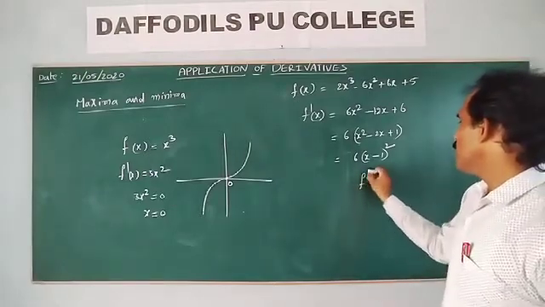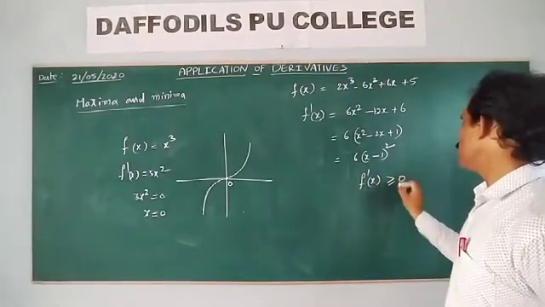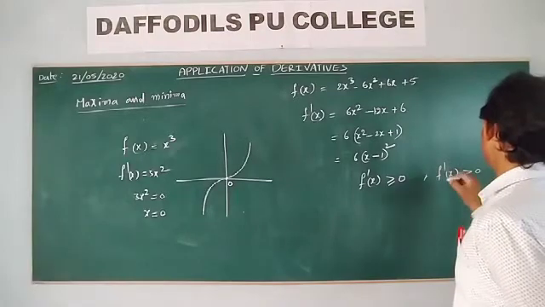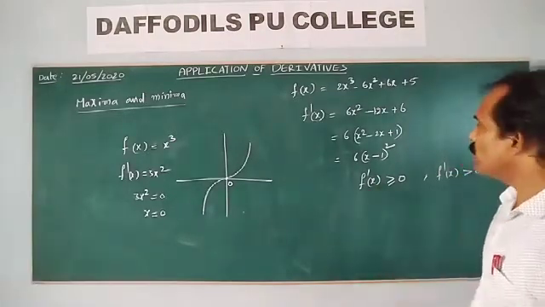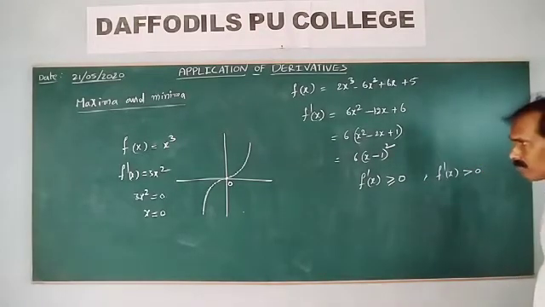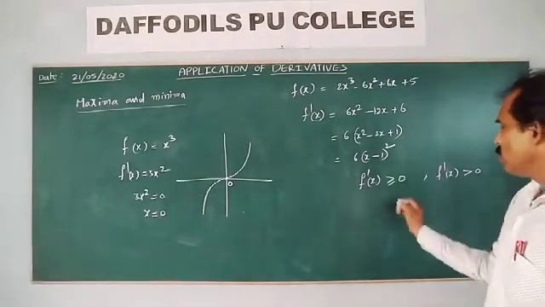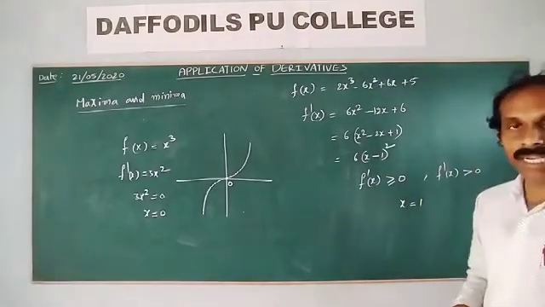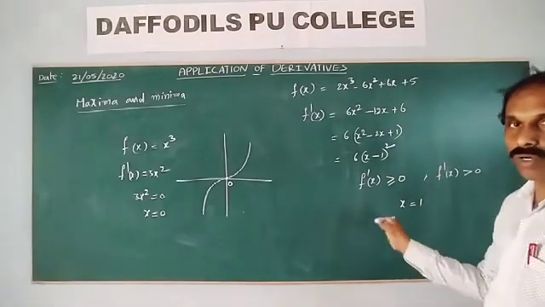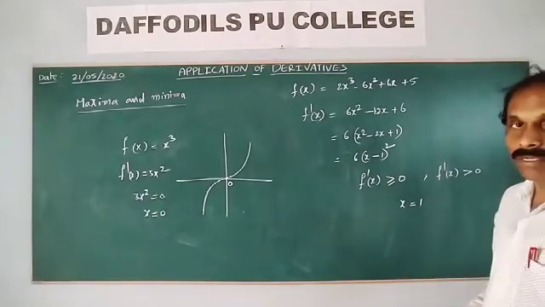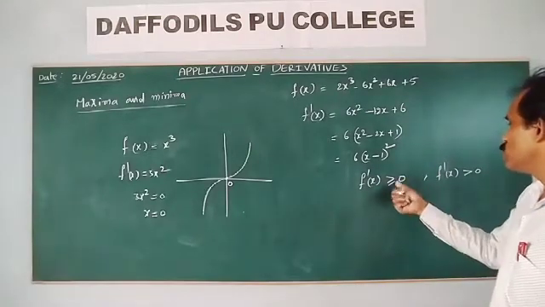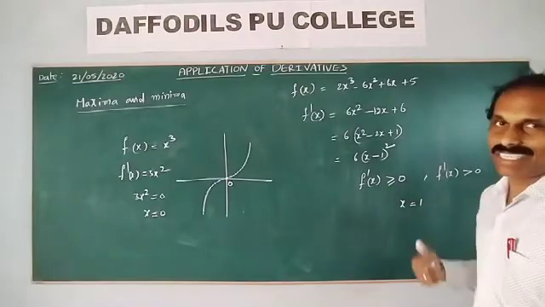So that implies f dash x is greater than or equal to 0. At a particular value, f dash x is greater than 0. At 1, f dash x is equal to 0. In this case, x is equal to 1. At x equal to 1, what happens to the left of 1 and the right of 1, close to the left of 1 and close to the right of 1? The sign does not change; observe here, it is greater than 0, there is no change.